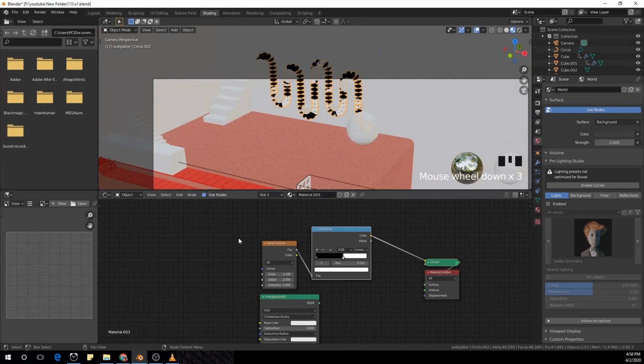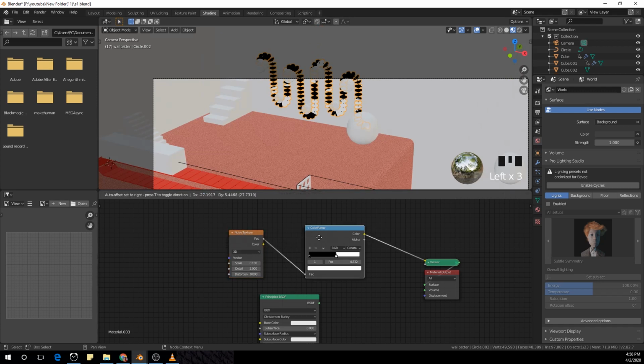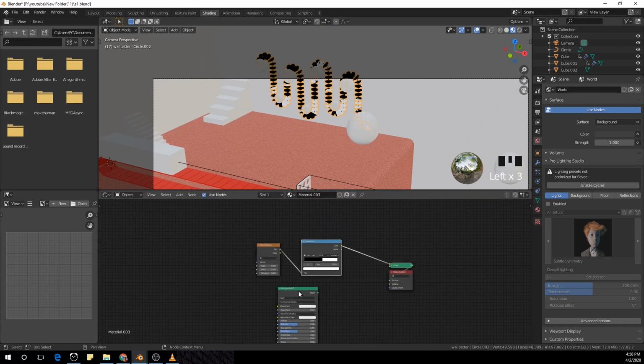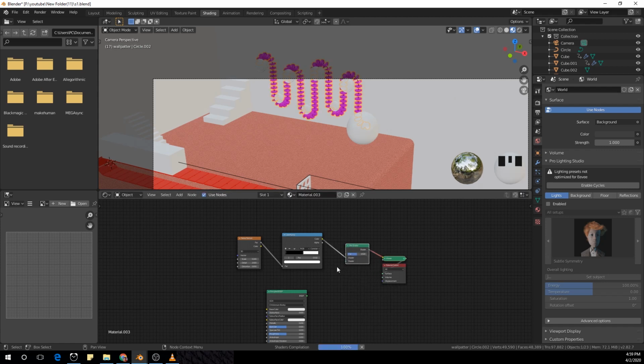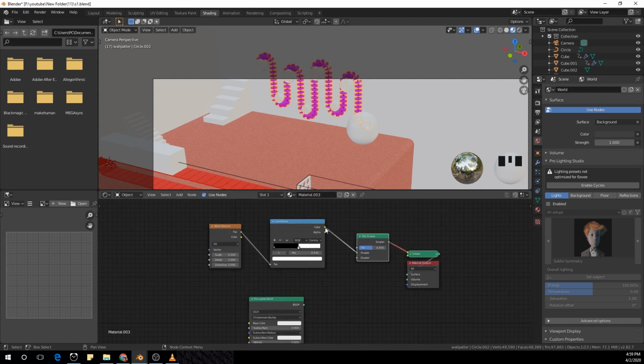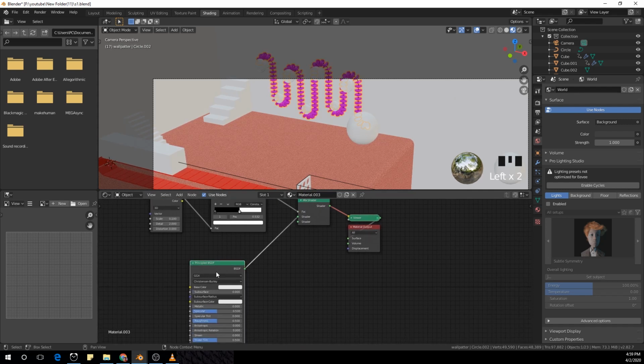Yeah, 0.1, so that it looks like we have two materials. And plug a mix shader, plug it to the factor, plug the BSDF, duplicate this,